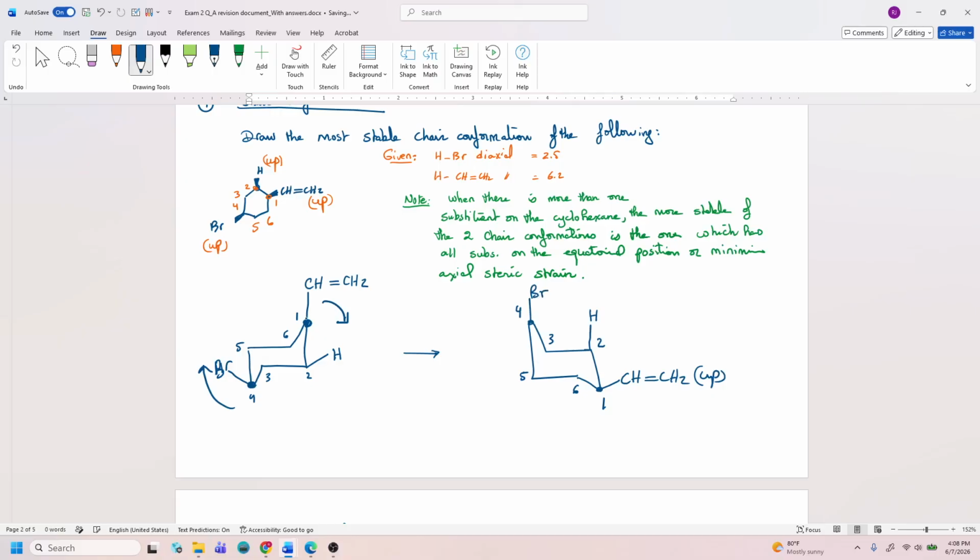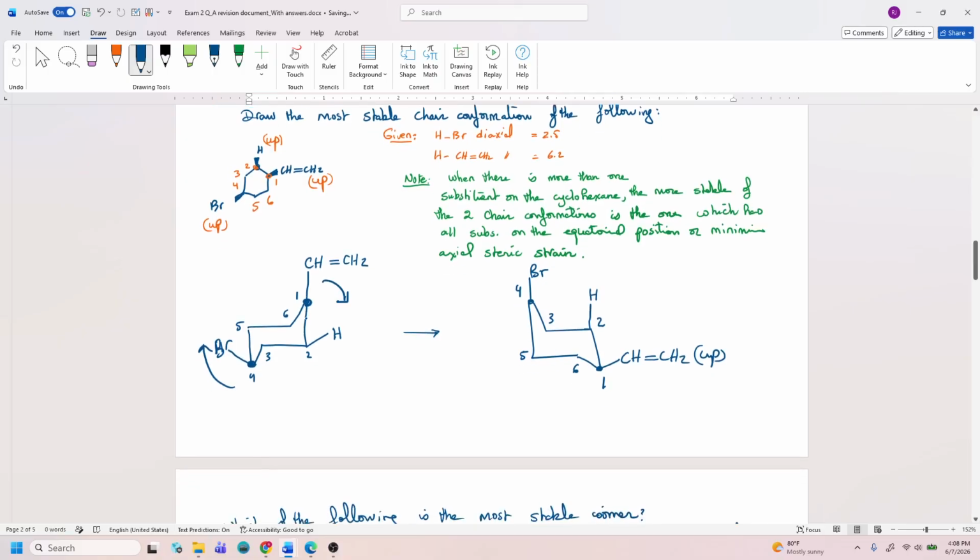Good. Again, if all the groups are equatorial, then this is the most stable one. But if you have some axial, some equatorial, and the groups are different, then in this case you would need the energy to determine which one is the most stable. The one which is the most stable is the one which is the lowest in energy. And the energy is determined by the diaxial interactions. So if your groups are on the equatorial, they will not do any energy interaction. So only the one that is on the axial is the one that's going to do interaction with the axial